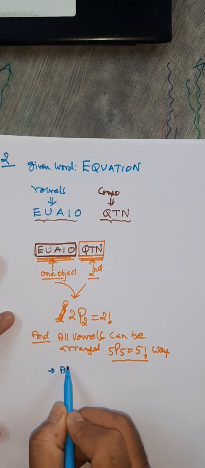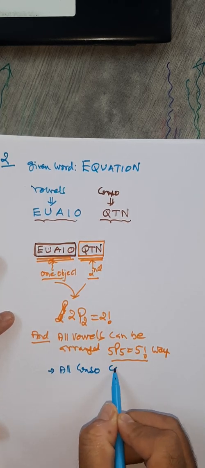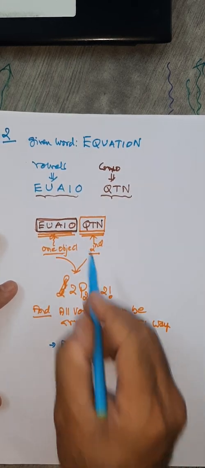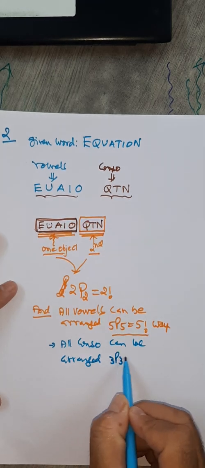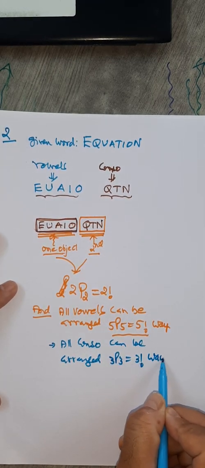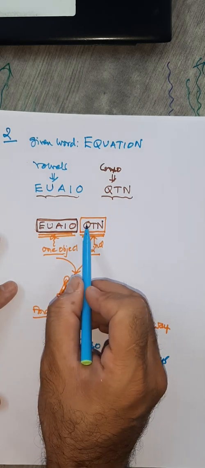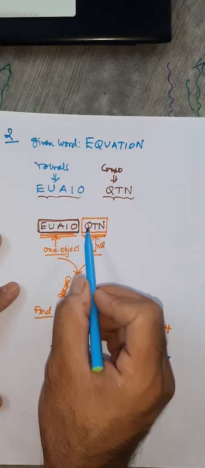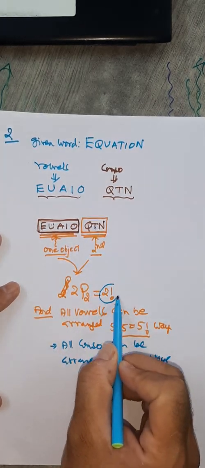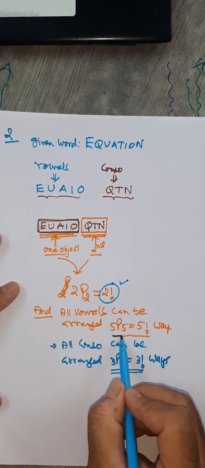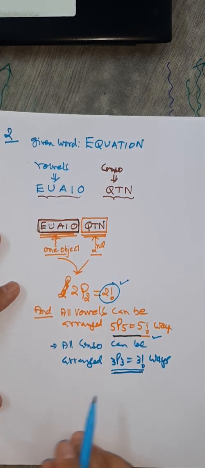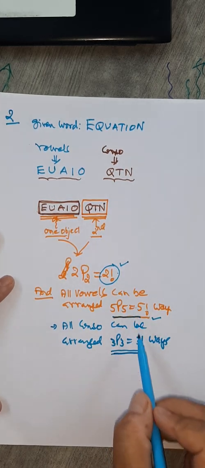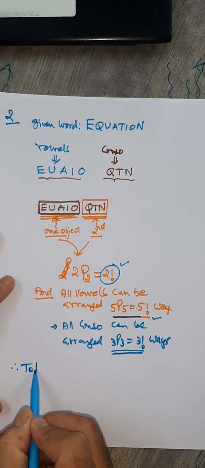And all consonants can be arranged how many ways? 3p3, that is 3 factorial ways internally. Remember, इसको यहाँ पे नहीं लेना है, t यहाँ पे ले लो, q यहाँ पे ले लो, like that. Remember, so that is 3 factorial ways. पहले मेन 2 अरेंजमेंट था, remember, 2 factorial, then vowels internally 5 factorial, consonants internally 3 factorial. So counting principle, these and this and this,